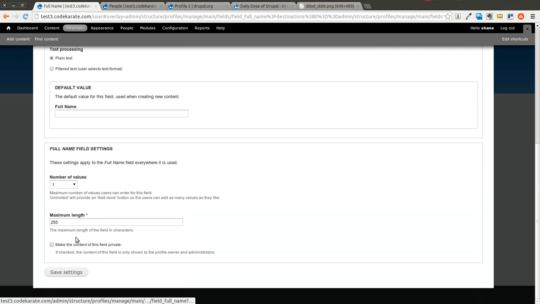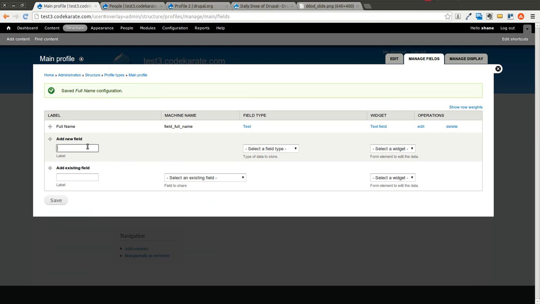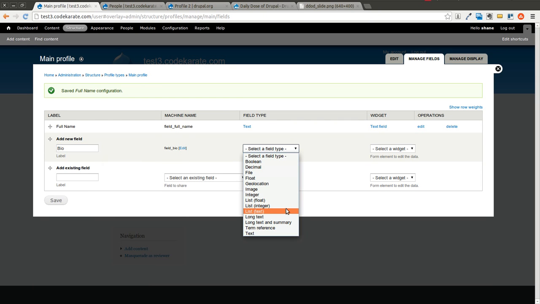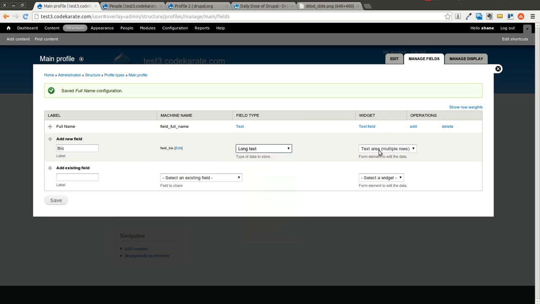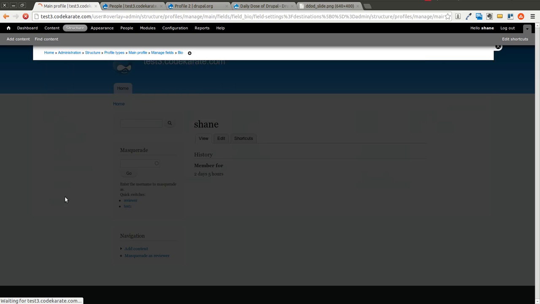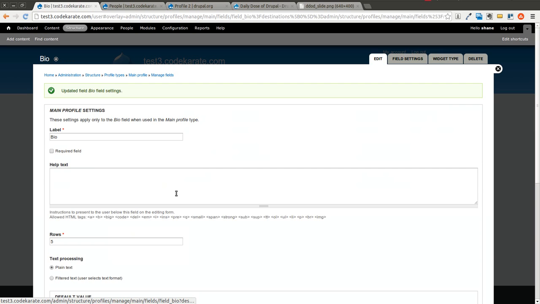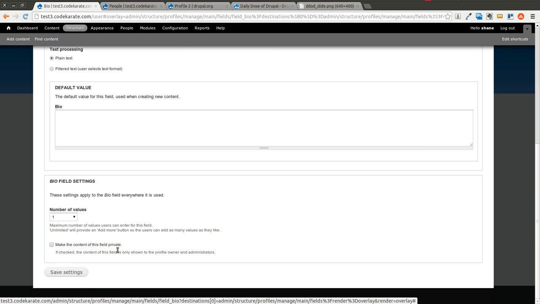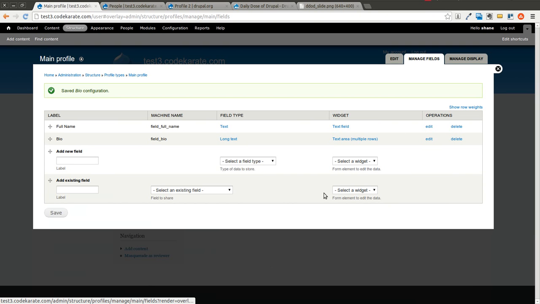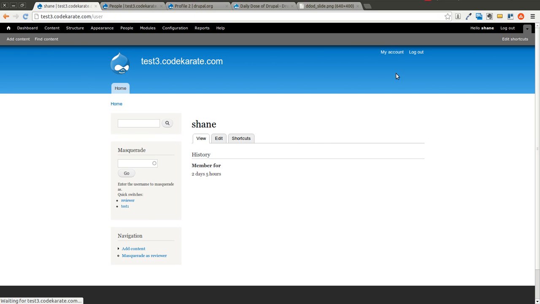So we'll add the full name field, and we will add a bio field. We'll make this a long text with multiple rows. We'll leave it at the defaults and click Save. And now, in order to show how this works, we will click onto our main My Account or user page,